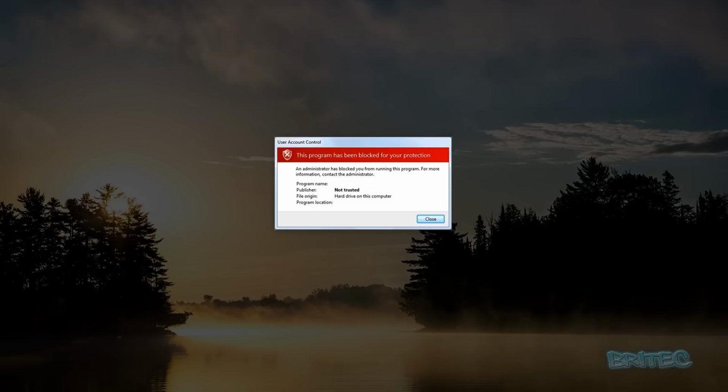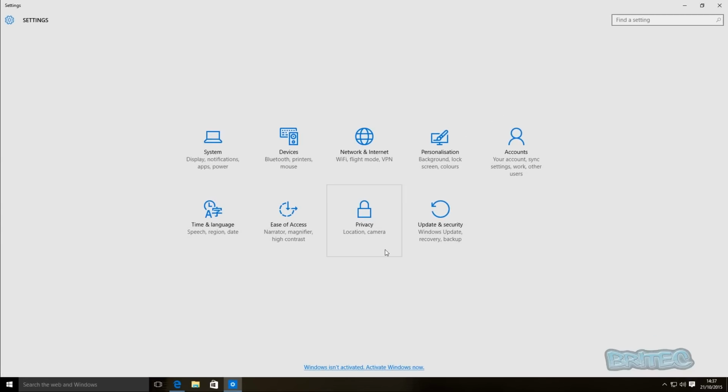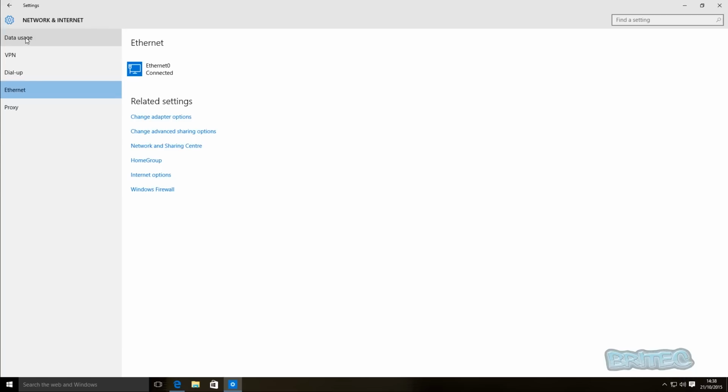Okay, so first off, let's go down to the start button here and its settings, and we're going to take a look at the settings panel inside here. Now we're going to go into network and internet, and once you get in here you should see either Wi-Fi if you've got a Wi-Fi connection or Ethernet. If you are using a Wi-Fi connection, you will need to follow these steps in your Wi-Fi connection tab here, but I haven't got Wi-Fi and I've got Ethernet, so I'm going to click on Ethernet here. So you just repeat this process on Wi-Fi and Ethernet if you want to. Come down to here and you should see internet options. Click on that,